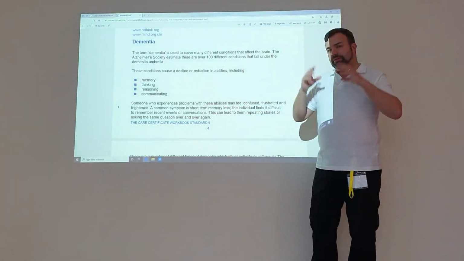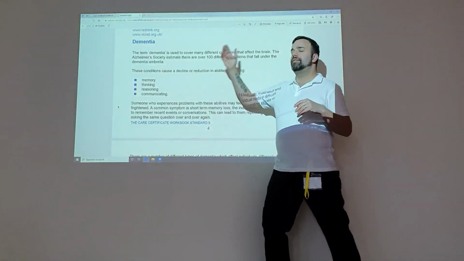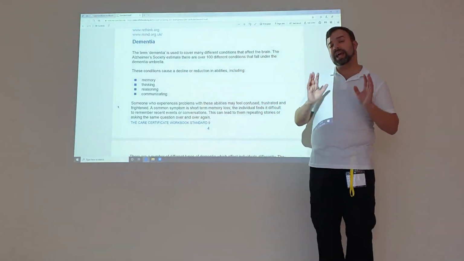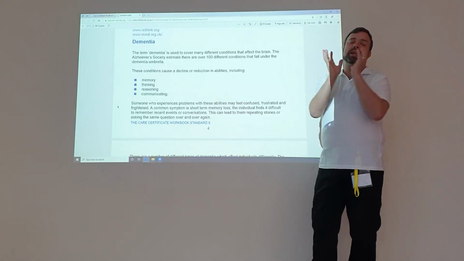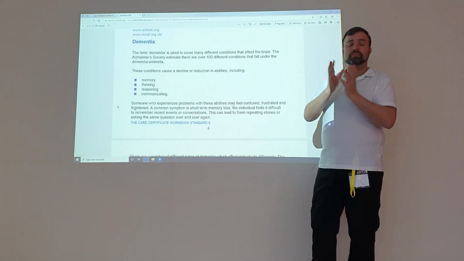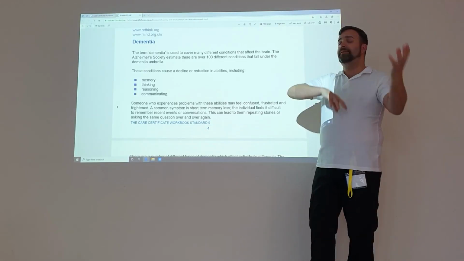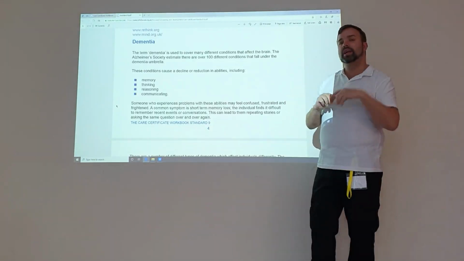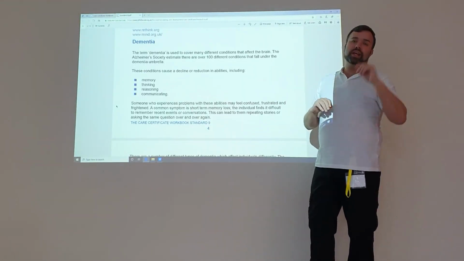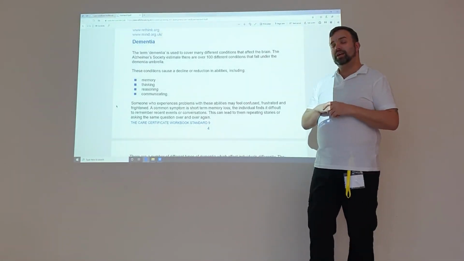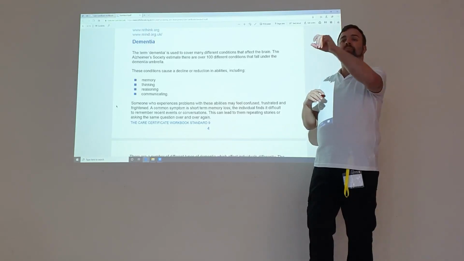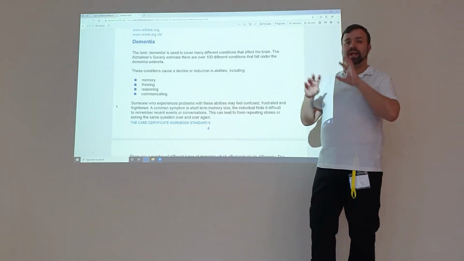I want us to think for just one moment, whilst we have all of these, it will affect everybody in a different way. So imagine your brain as a glass bowl, and in that glass bowl we're going to fill it with Christmas fairy lights. Each fairy light is a memory or an emotion or a trigger or a sense. And what dementia is, those light bulbs are turned out in different ways.